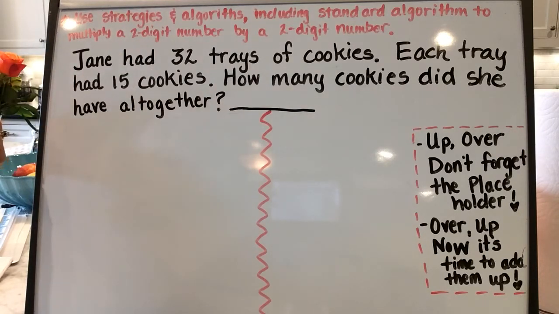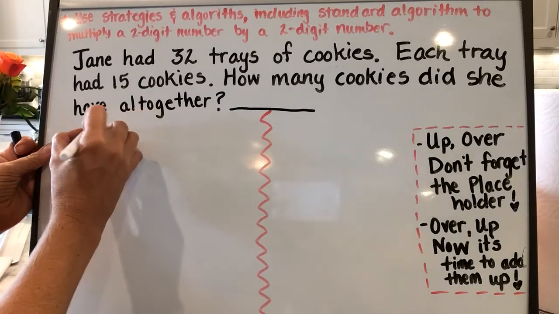So Jane had some trays of cookies. Okay, so I'm visualizing that, a bunch of trays of cookies, and each tray had multiple cookies on it. So how many cookies did she have altogether? I want to know all the amounts of cookies that she had. If each tray had some cookies, I think I'm going to multiply on this one. So she's having 32 trays